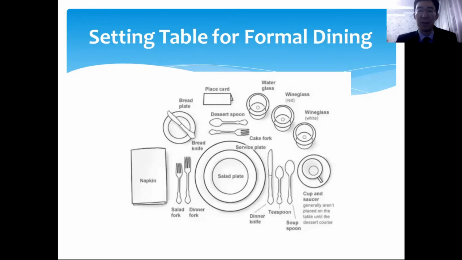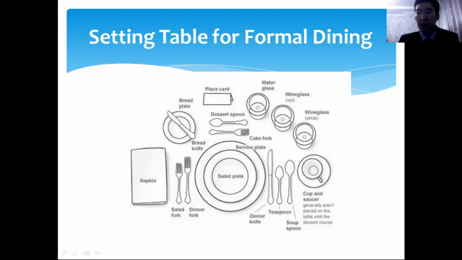Here we have the formal table setting for formal dining. As we can see, we have a lot of cutlery, glassware, chinaware, etc. On the left side we have the dinner fork and the salad fork. On the right side we have the dinner knife, teaspoon, and soup spoon. Then we usually have the saucer and the cup. Usually it is not set before the dessert, but sometimes it is. Then we have several glasses. We have a water glass. Then we have 2 glasses, 1 glass for red and 1 glass for white wine, like sommeliers and